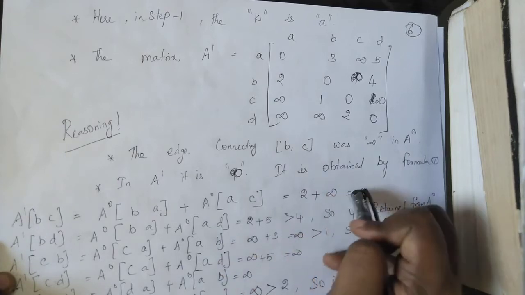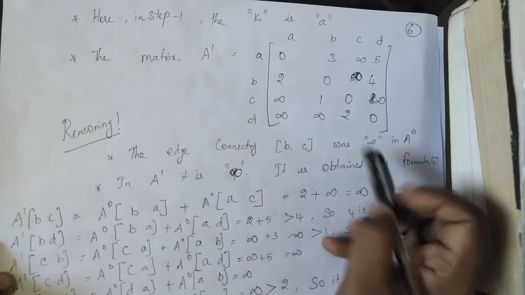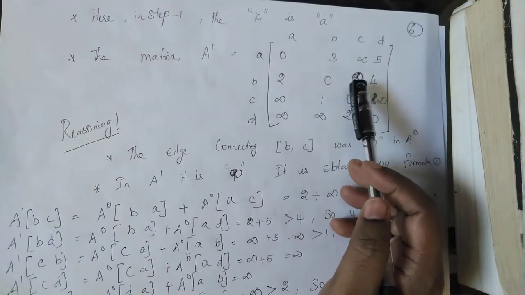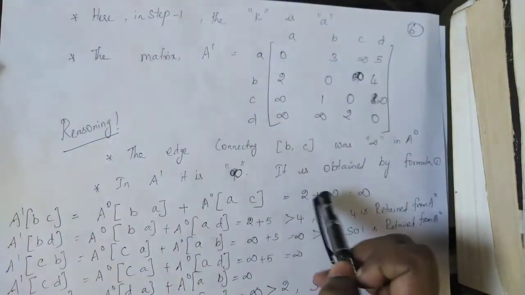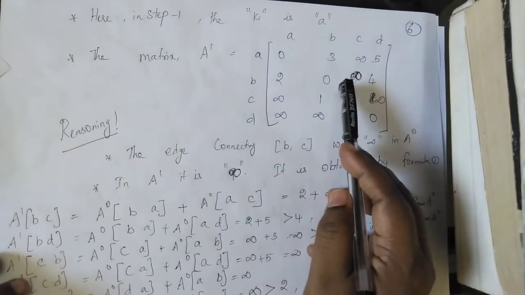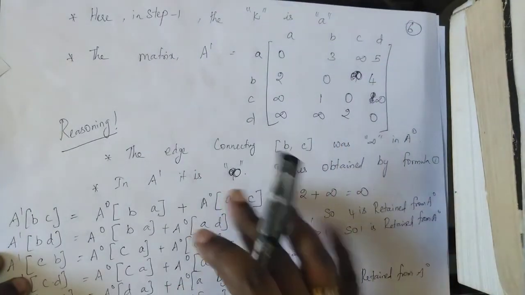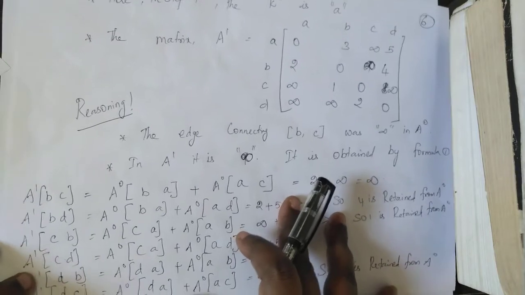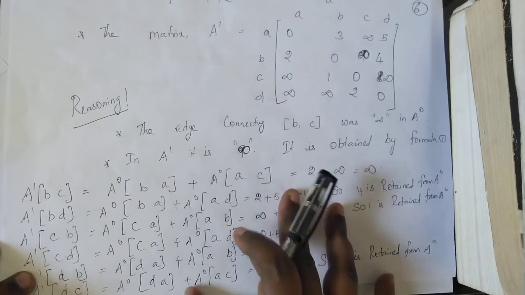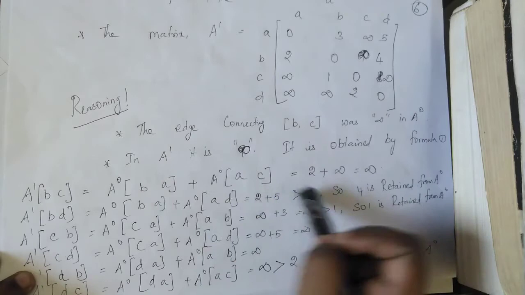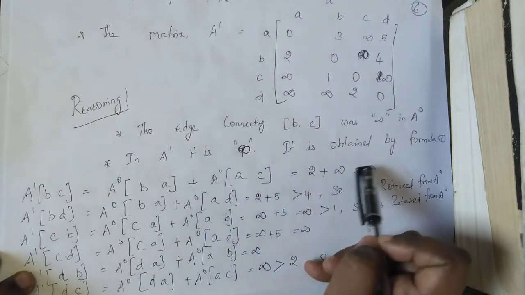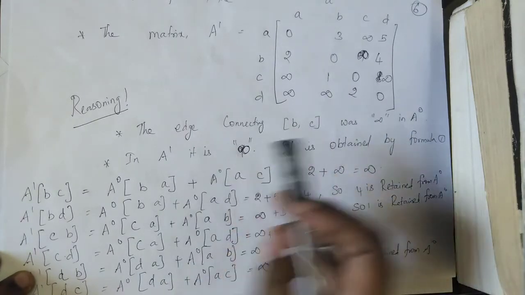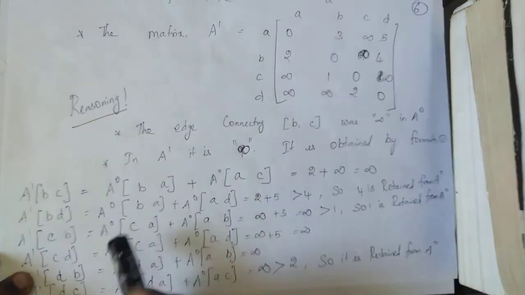So when we add them, we get again infinity. It was in the earlier matrix B and C. So B and C was already infinity, so we are getting infinity here also. So it remains the same. We will only update this if we get a better value, that is a smaller value. Why? Because our overall objective is to find the shortest possible path, so we will only update. We did not get a better value, so we are retaining the infinity.